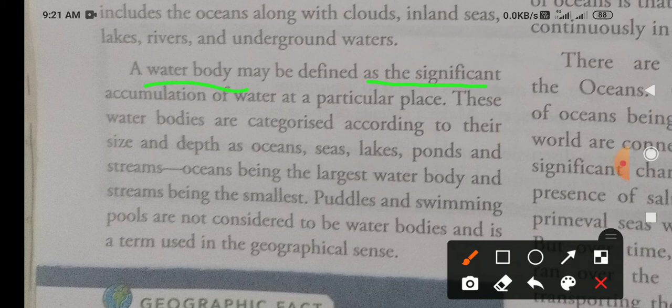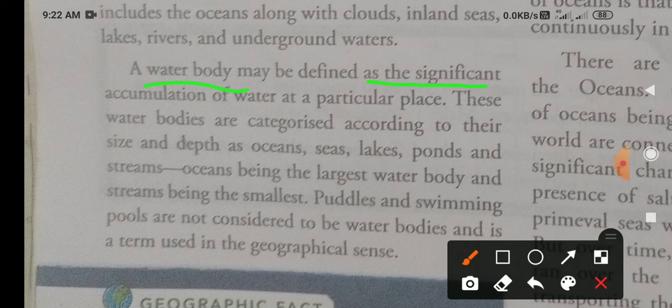So please try to keep this in your memory. You know about the sea and ocean, there is an enormous quantity of water found there, so obviously they are called water bodies. But other places like small streams, rivers, rivulets, everything, there also water flows continuously for a longer period of time. So it indicates there is an enormous quantity of water stored inside. That's why they are also part of the hydrosphere or water bodies. Okay, so keep it in your memory.